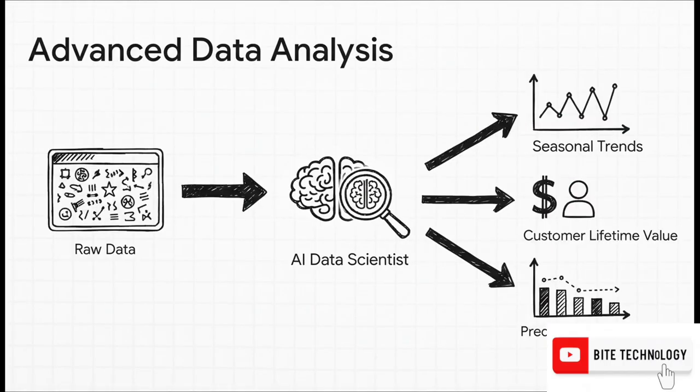And here's something else the pros do. They turn their AI into a personal data scientist. You can literally just drop in a spreadsheet of raw data and ask it to find the hidden patterns, predict sales for the next quarter, or even figure out why one product is outperforming another. This is how you transform a boring old spreadsheet into a powerful, strategic roadmap for your business.